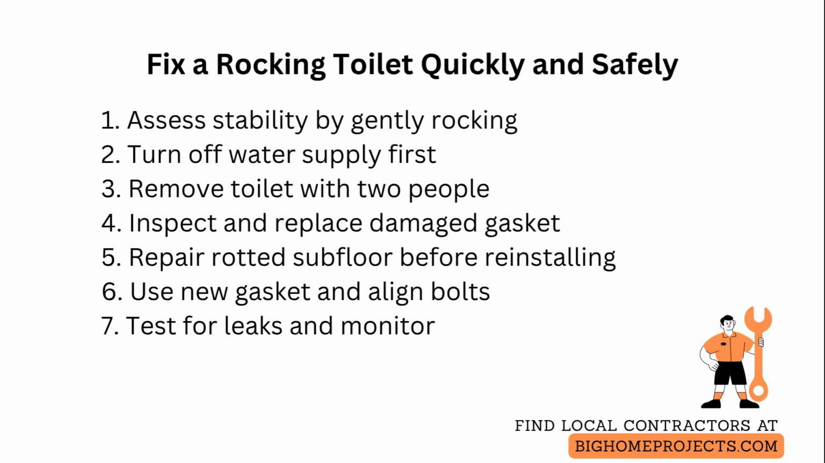If the subfloor shows soft spots, dampness, or rot, cut out the damaged area and install a properly sized plywood or oriented strand board patch that matches the joist spans, sealing the new wood with an appropriate moisture barrier before reinstalling the flange. When reinstalling, use a new wax or wax-free gasket and align the flange bolts so the bowl